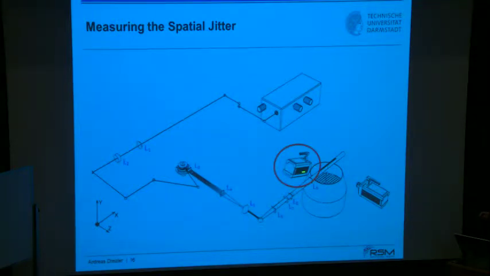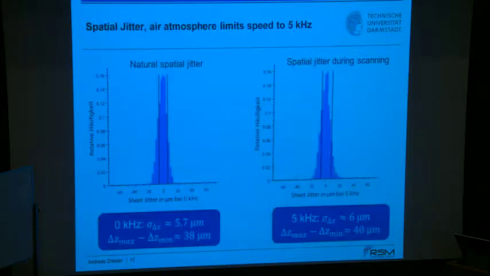And then there is one CMOS camera, which is synchronized to the pulses from that laser and looking on top of these sheets. If this is the sheet, the camera was looking on top of that to observe its out-of-plane position. And then we just compared statistically the spatial variation with a fixed